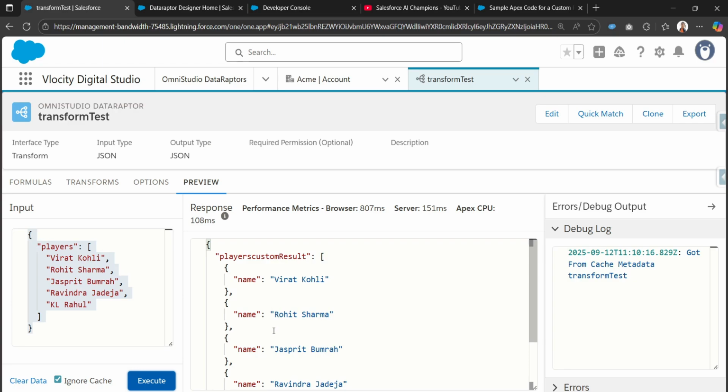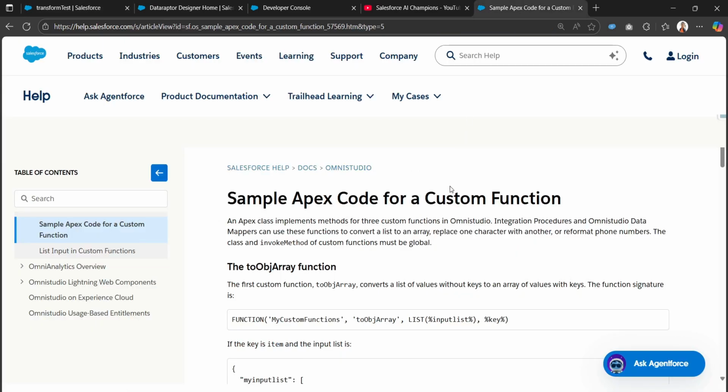So this can be done using Datamapper, but it can't be done out of the box, right? So we need to write some customization on top of this Datamapper. So we'll be using the function. Let me just open this Salesforce documentation. So we can just use this toObjectArray function. This function will be used in the formula, and in here there are a few parameters we just need